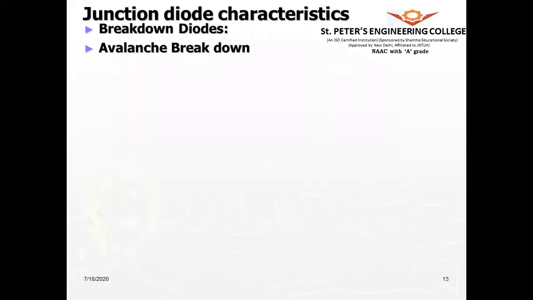So those are the important things we have discussed about the junction diode. Next, let us look into the breakdown diodes. As we had discussed, when we apply the reverse bias voltage, there can be breakdown. That means when we increase the voltage beyond some point, the diode will go into a breakdown, and there will be a very sharp rise in the current, and that can damage.